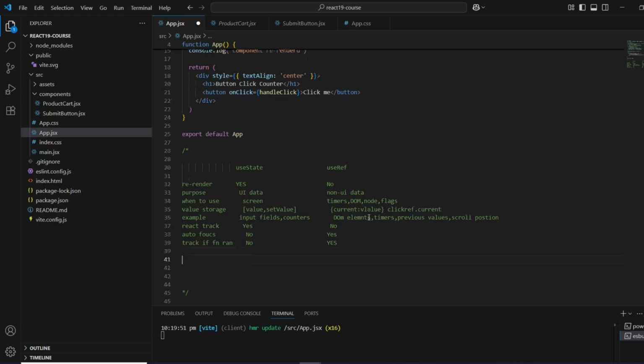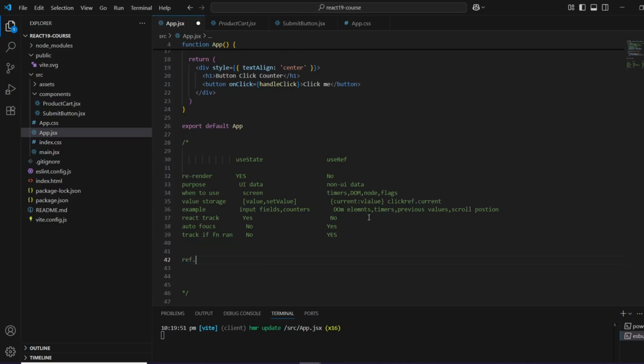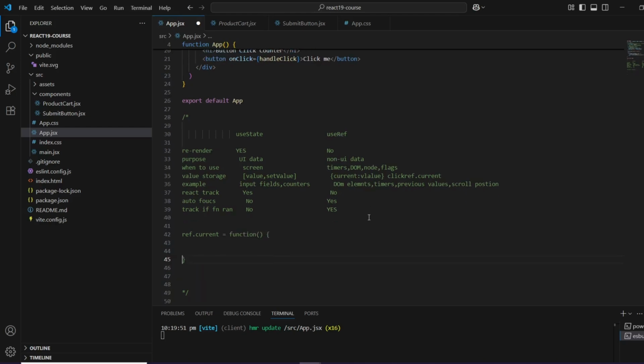Also, let me tell you some unknown tips and tricks which not every YouTube video will show you. Okay, so the first thing is ref.current, whatever ref object you have. Its current can store functions, values, or class instances. It can store anything. You can assign a function to it and use this function anywhere by using ref.current. So this current, the reference, can basically store anything you want.